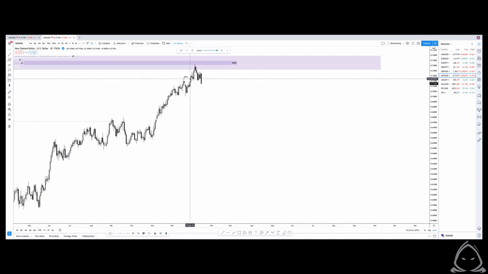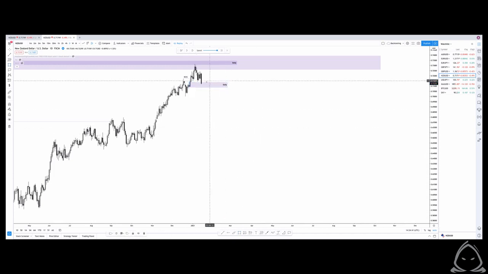So, broken structure to the upside here, looking at where potentially price could come back to. You have this candle here that then caused the break of structure. This was unmitigated. Obviously this candle is now inside it. So I'm wary that potentially we are in